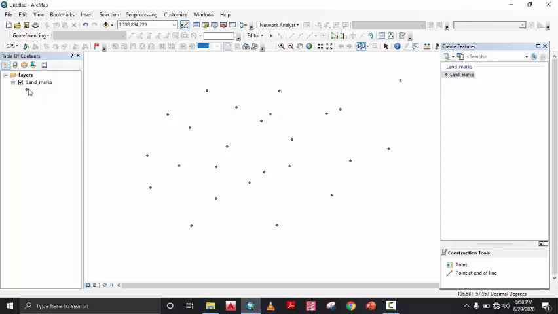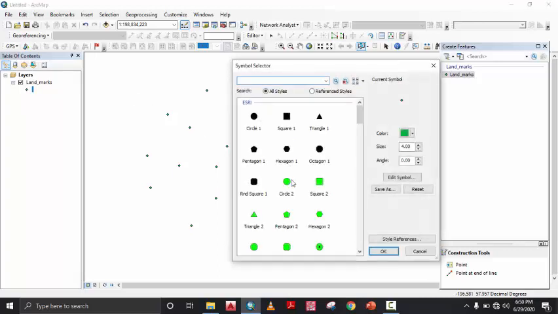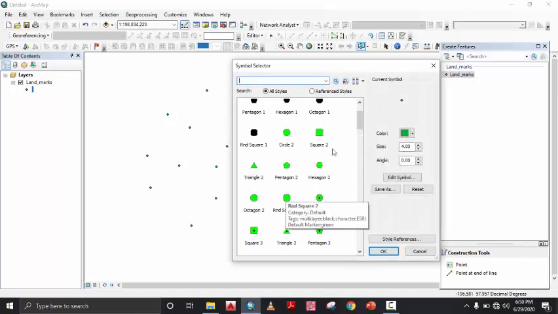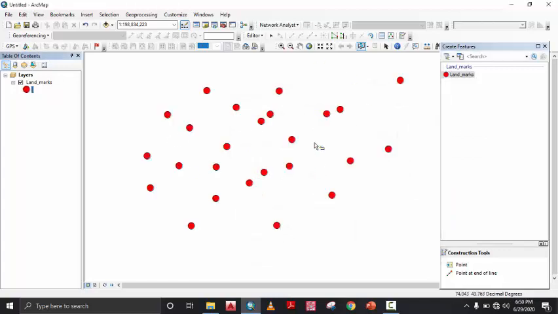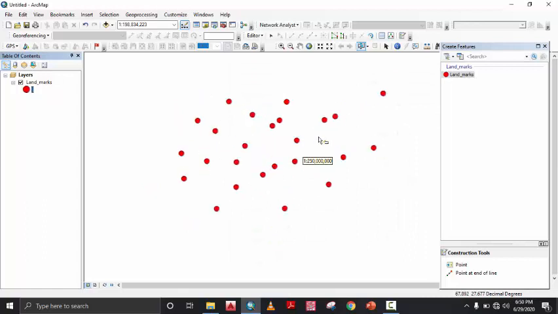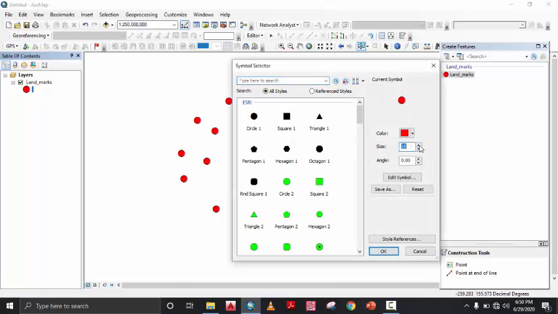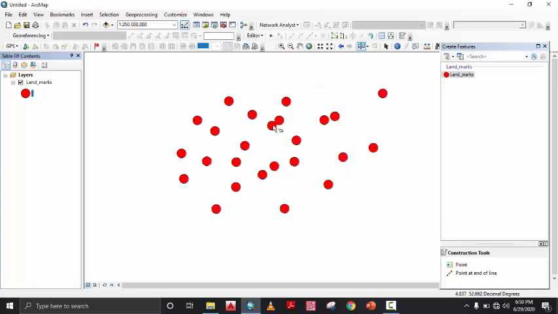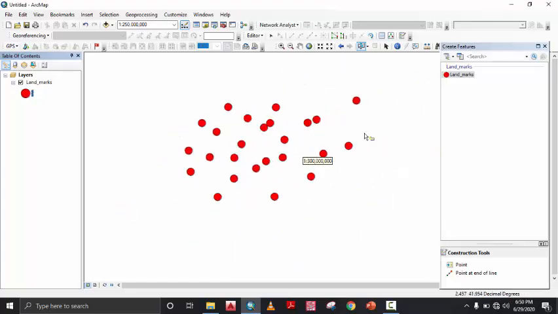So I will just go to that table of contents and double click, left click, and you can see there are multiple options there. I will just click on that one, and if I want to change the color, there are multiple colors available there. So I will just consider the red one, and then I will press OK. So you can see the multiple dots are there. Now if you want to increase the size, there's an option there. I want to increase it up to 25. So you can see the size of them increases. So this is how you can mark different landmarks there.